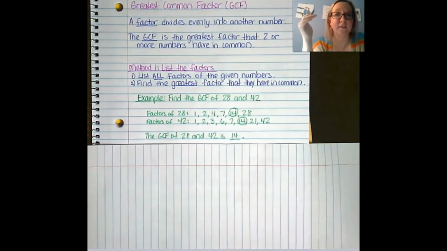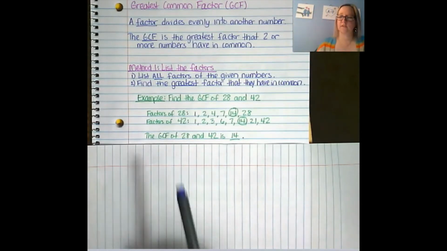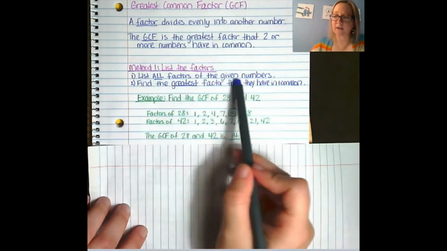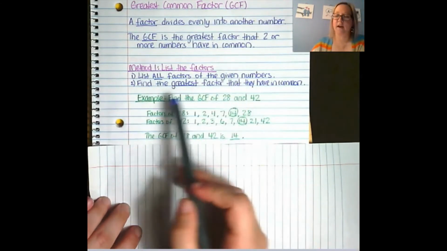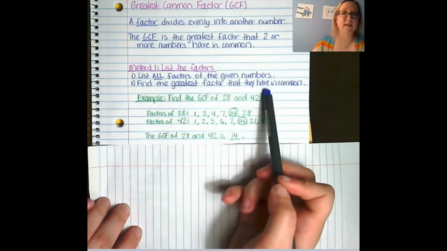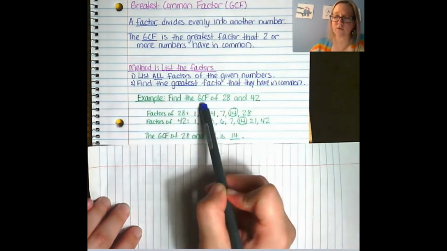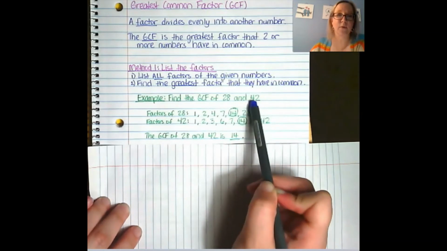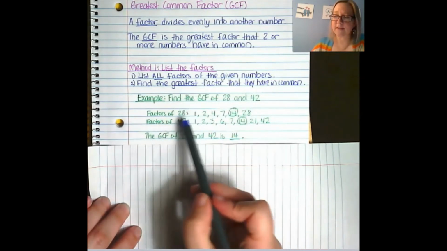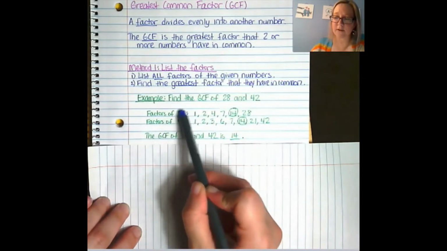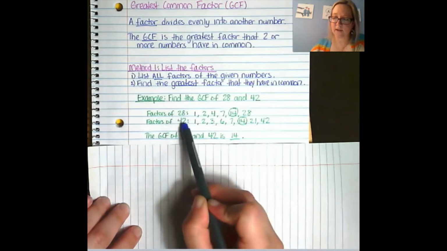So as I said, there's two ways to find the GCF. The first method is by making a list of all of the factors. To do that, you would list all the factors of the given numbers, and then find the greatest factor that they have in common. So for instance, if I wanted to find the greatest common factor of 28 and 42 by making a list, what I would do is list all of my factors of 28 and all of my